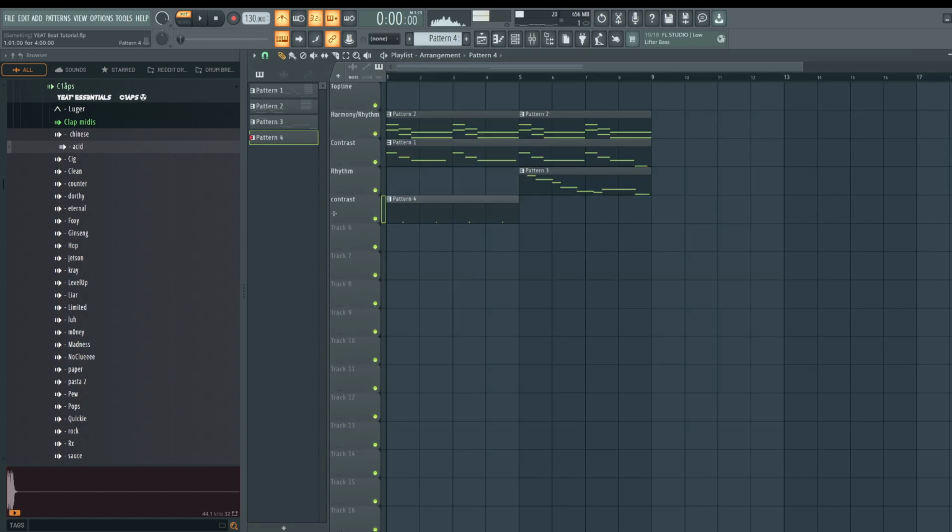We can switch it up, but then we're getting into more of like a Playboy Cardi type sound. So we can change it up. Let's pull this into the rhythm area because now we're adding drums, which are rhythm. Let's go to song mode.